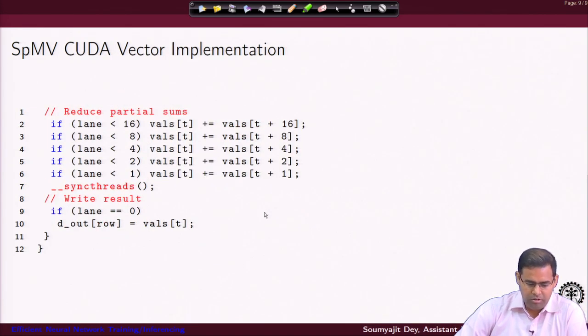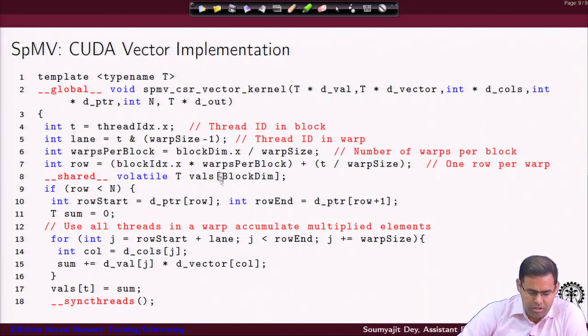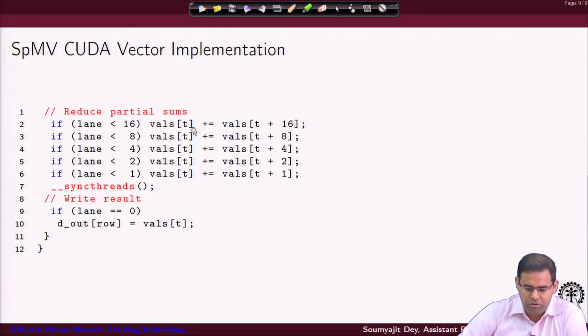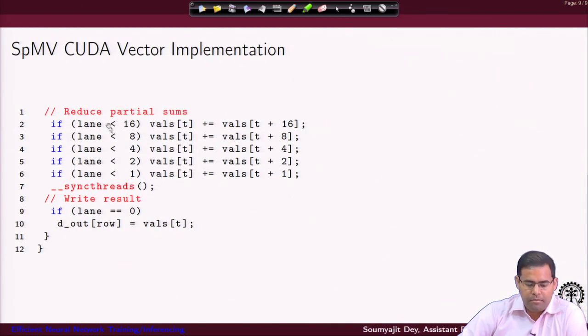And once this is done, as you can see, some part we are skipping here for brevity, which is basically how the loads will be done into the vals and all that. I hope you can figure it out, but we are just talking about how the data from these input matrices d vals are going to be accumulated here. Then this part is the important part, that is once I have these partial sums calculated, as you can see, now I activate the lens.